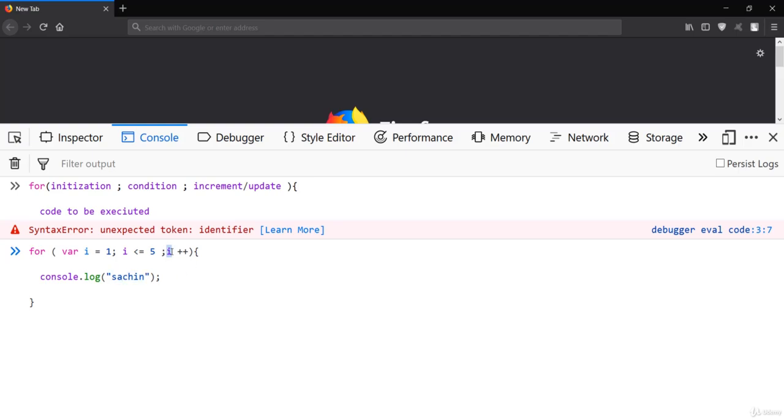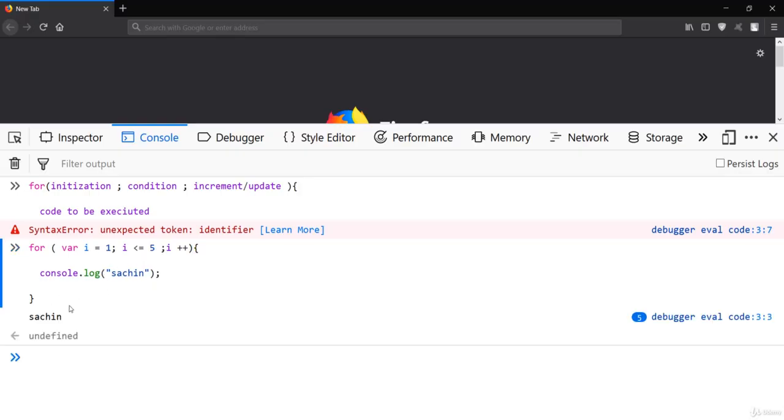Again it will increase the value of i, and when the value of i is 5, it will check the condition again, 5 is less than or equal to 5, which is true because 5 is equal to 5. It will print Sachin again, and next it will make it 6 and check again, 6 is less than or equal to 5, which is false. It will terminate the loop, and it prints the name Sachin 5 times.